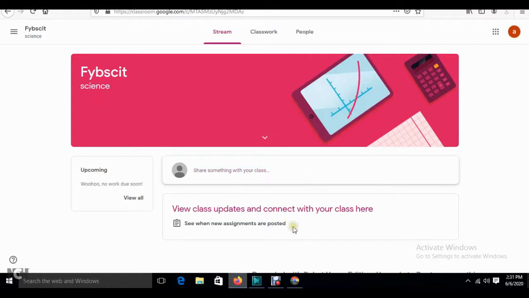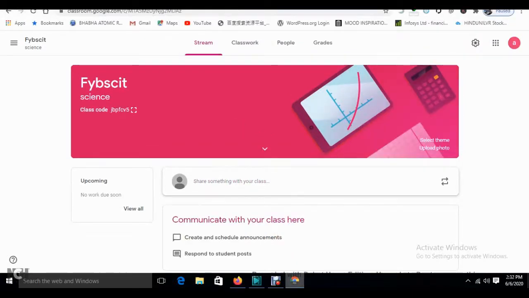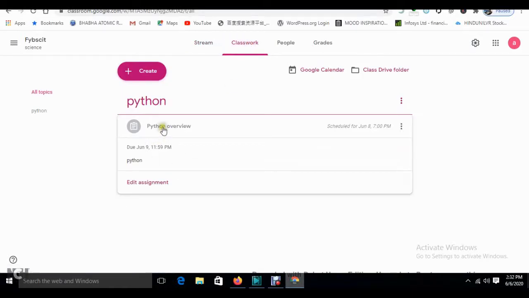So now it comes. Now what we will do is, see over here, nothing came over here. It is showing as blank, nothing is there. So what I will do is, I will go over here, and in classwork, see over here, it is showing. Now either edit this and assign it, or create a new one. Okay, or I will edit this only.